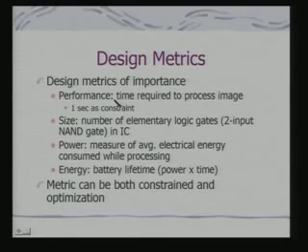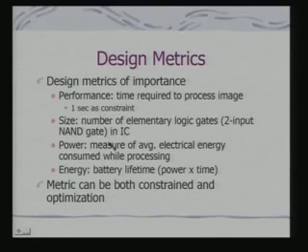The most important is performance. The time required to process an image is 1 second, and this should be constrained. What does that mean? That means I cannot choose a possible architecture where the time taken to compress and store an image would be greater than 1 second. Such architectures have to be rejected. So, this is a constraint.